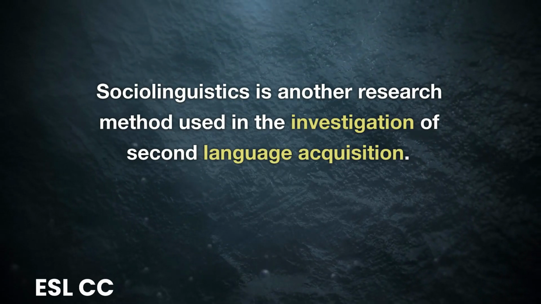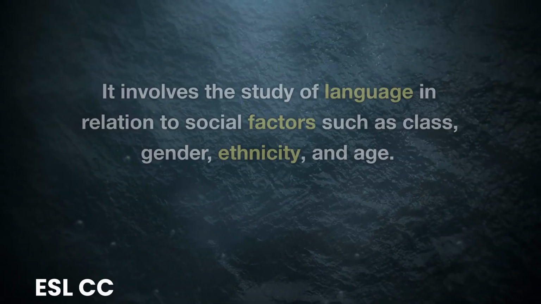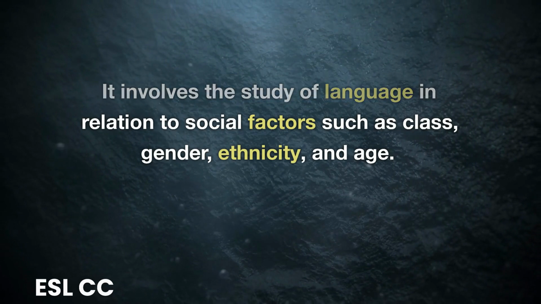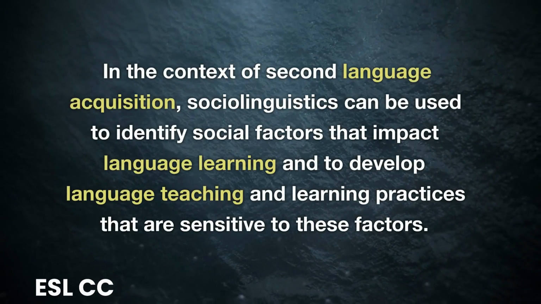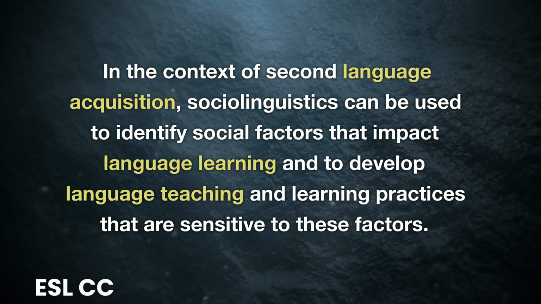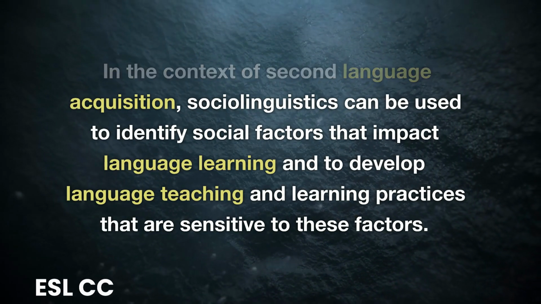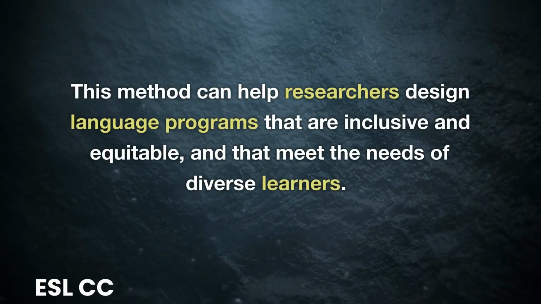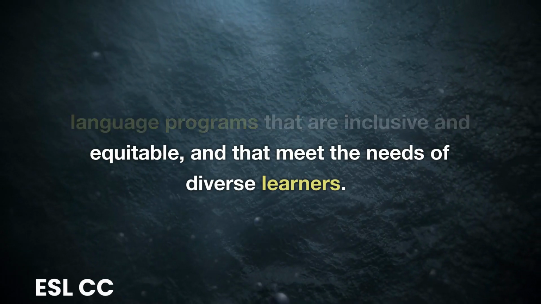Sociolinguistics is another research method used in the investigation of second language acquisition. It involves the study of language in relation to social factors such as class, gender, ethnicity, and age. In the context of second language acquisition, sociolinguistics can be used to identify social factors that impact language learning and to develop language teaching and learning practices that are sensitive to these factors. This method can help researchers design language programs that are inclusive and equitable, and that meet the needs of diverse